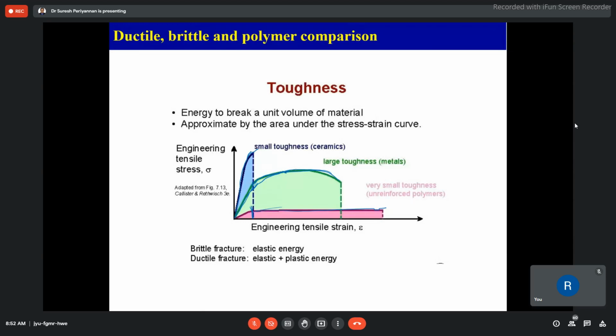Okay. Now this is the brittle fracture. Please understand this, because sometimes if you go for any interview, this is a basic question. You should know the stress strain diagram. As a mechanical engineer, you should know the stress strain diagram for brittle material, ductile material, and elastomer. These three are very important. A brittle fracture is always subjected to the elastic energy limit, but a ductile fracture is subjected to elastic as well as plastic energy.